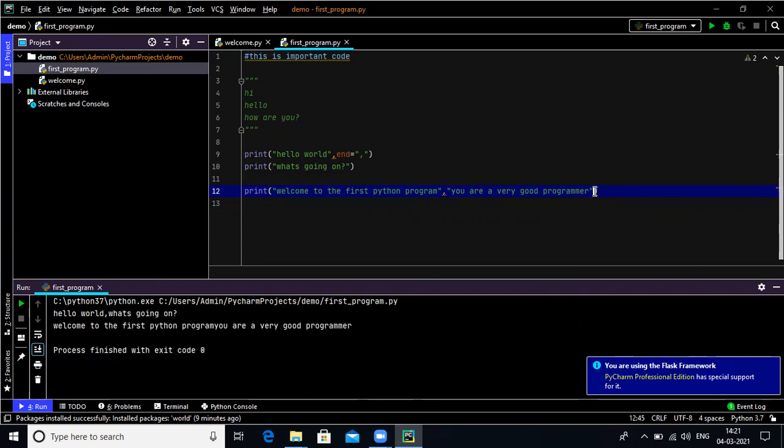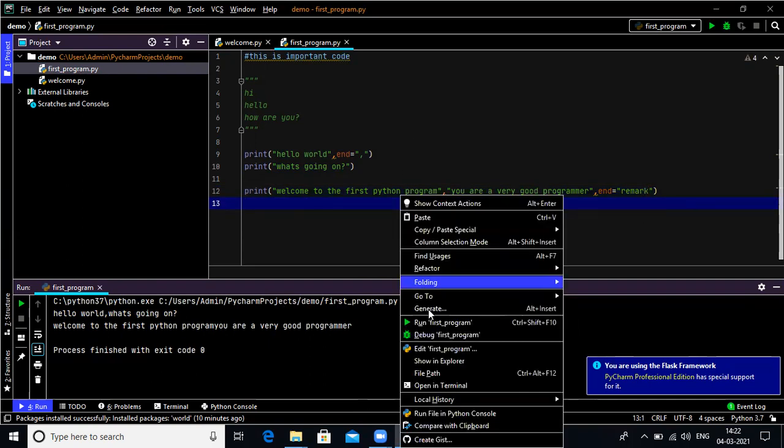Now one more thing: if I want some word in between the two statements, then just type here end equals to and give a word, remark, and now see what happened.